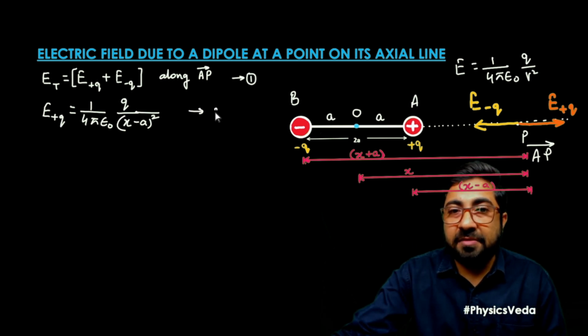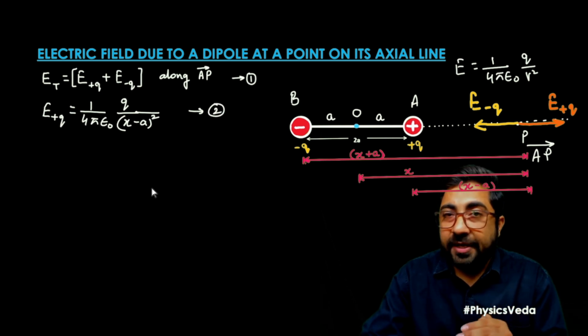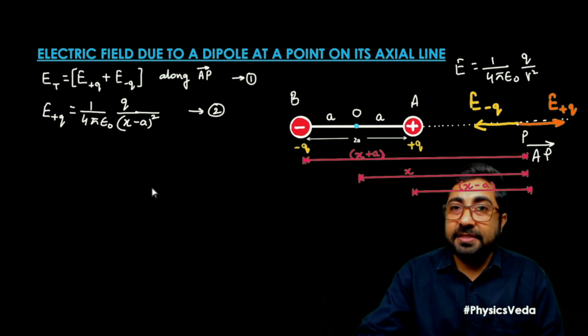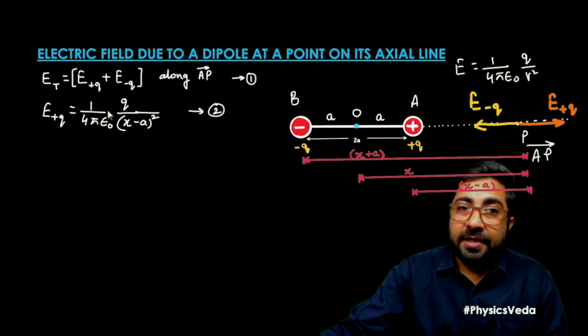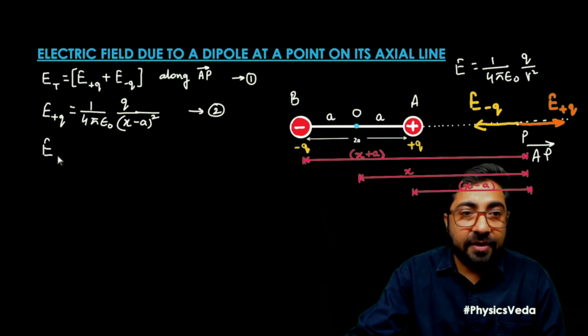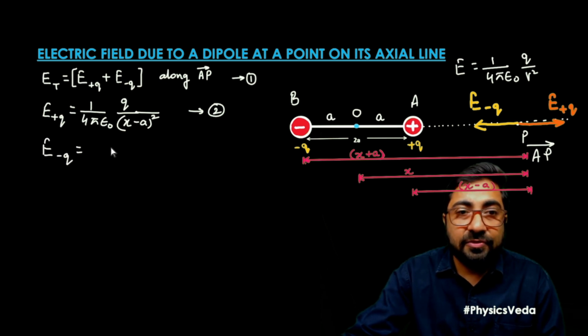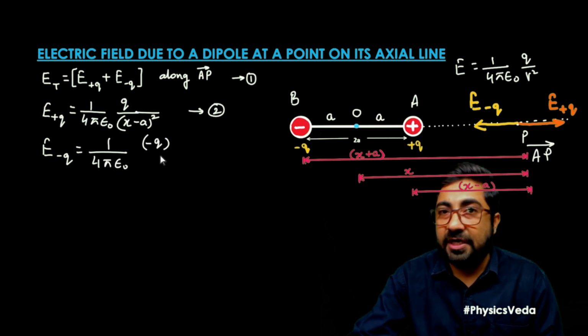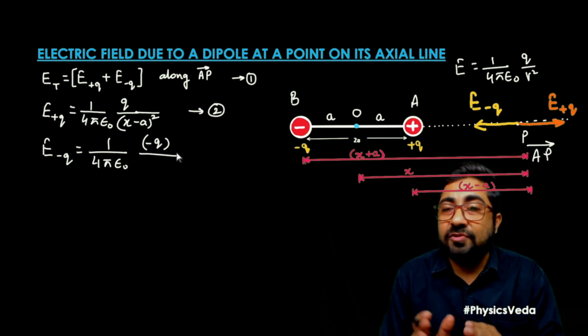So this is equation number 2. One more thing: the direction of the electric field due to the positive charge is along the AP line, that is, in the outward direction. Now we can also calculate the electric field due to the negative charge. It is equal to 1 upon 4 pi epsilon naught times the negative charge,